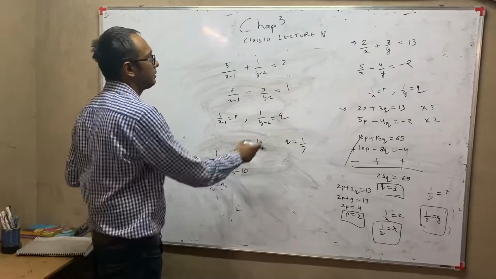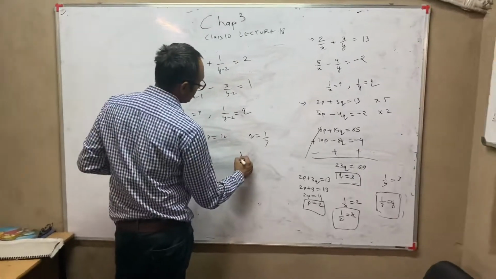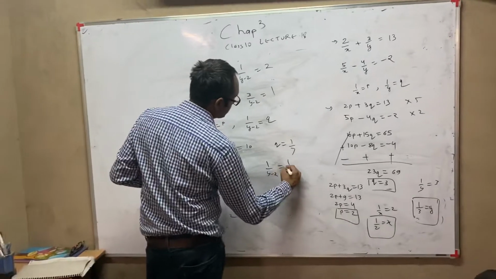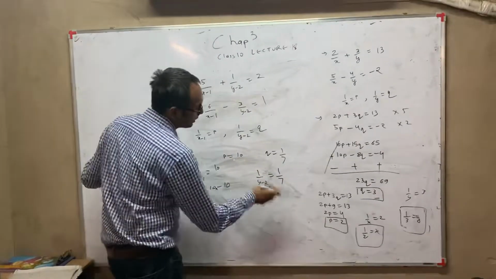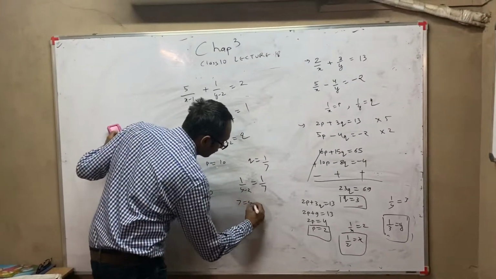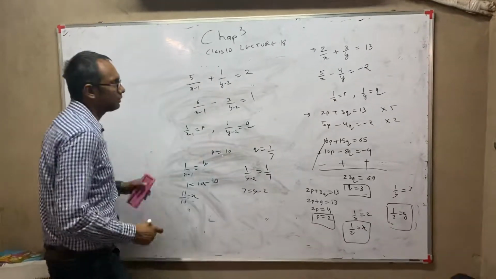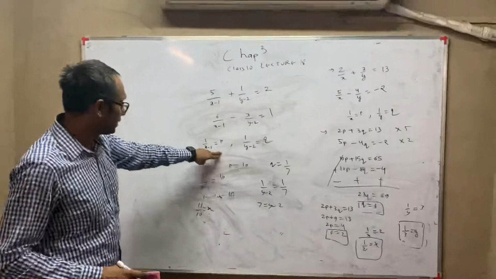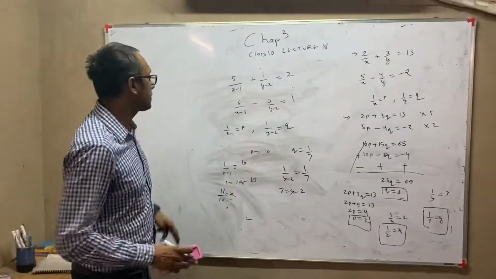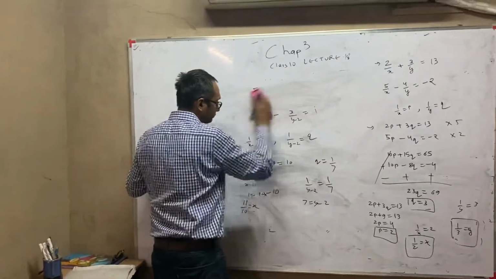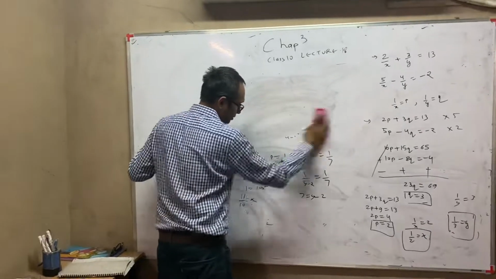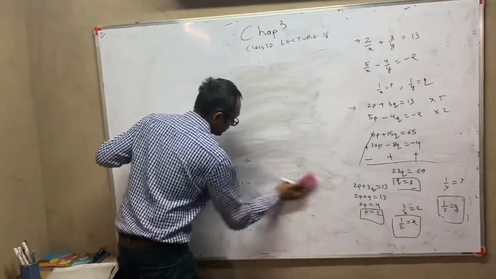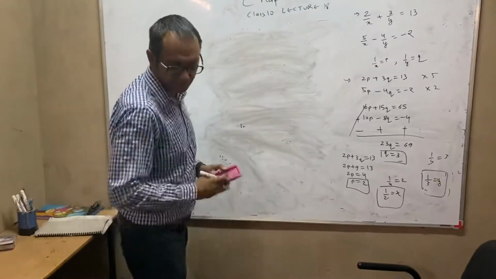Similarly, suppose value of q is 1 by 7. So 1 upon y minus 2 is equal to 1 by 7. These are not the correct values, I am just supposing. Cross multiply, 7 is equal to y minus 2, and then minus 2 will go, so y will be equal to 9. So if you get this kind of sum, again this step you have to do. Now apart from these two questions, now we will discuss